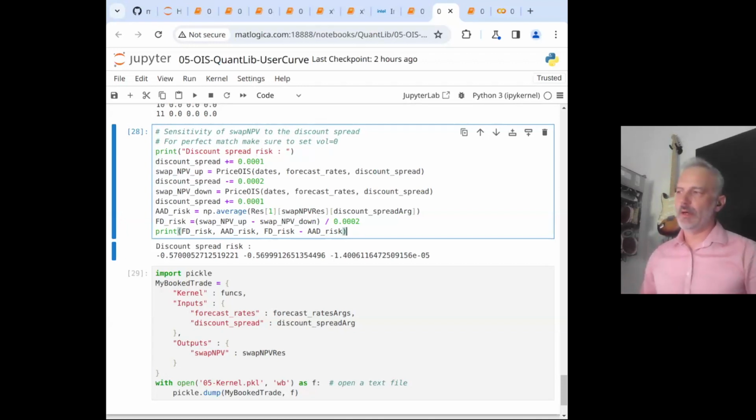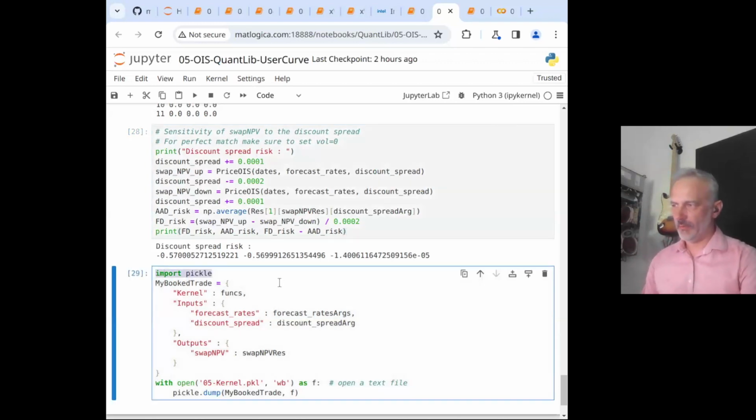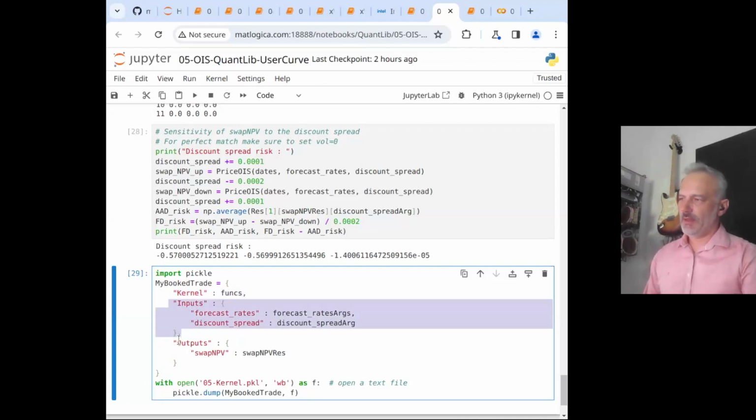It no longer requires your original program to run. And what's more, it's actually serializable. I'm sure many of you are familiar with the pickle interface in Python. So here we have a function recorded from your original analytics, involving some Python, some custom objects, some proprietary quantitative library potentially. All we need to know is the kernel object, the inputs, and the outputs, and we can save it into a file.